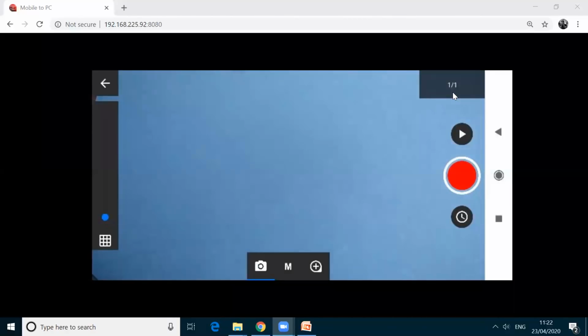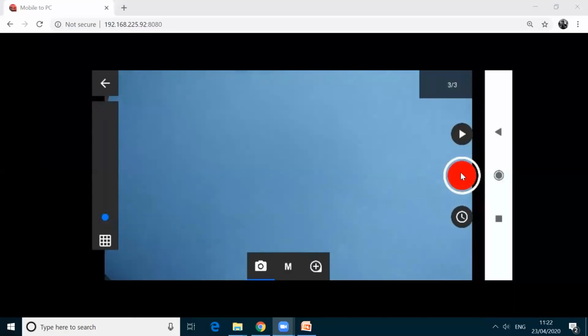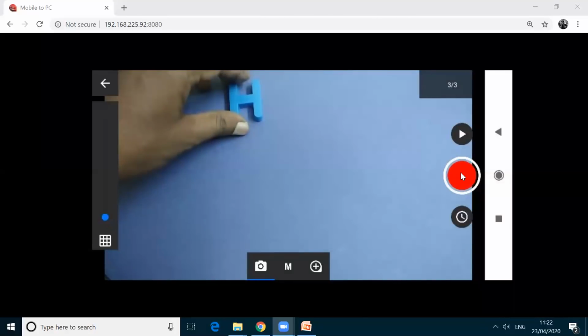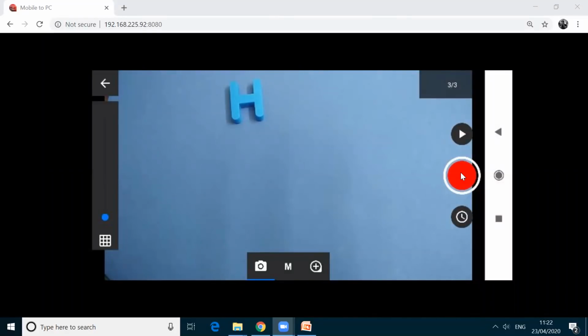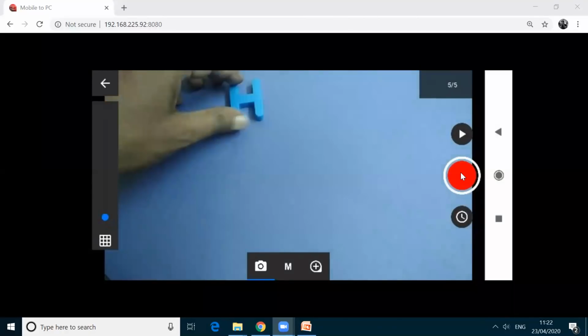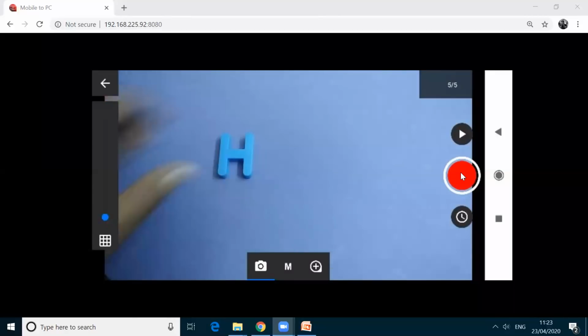Okay, I'm going to take photo. To take photo, this is the option, the red icon. If I click this one, it takes photo. First, I'm taking an empty photo for the background. One, two. Two times I'm clicking. And then I'm moving this hedge a bit and I'm taking photo. And then I'm moving again this hedge.